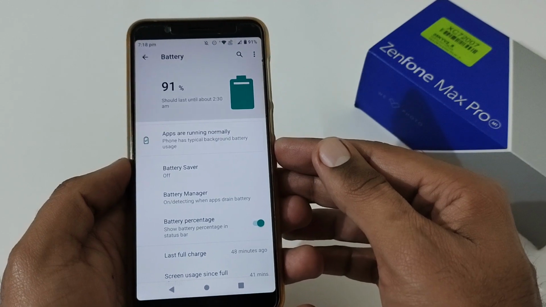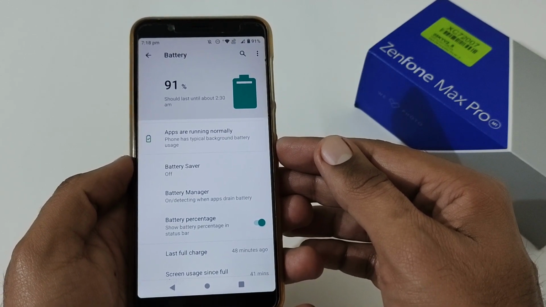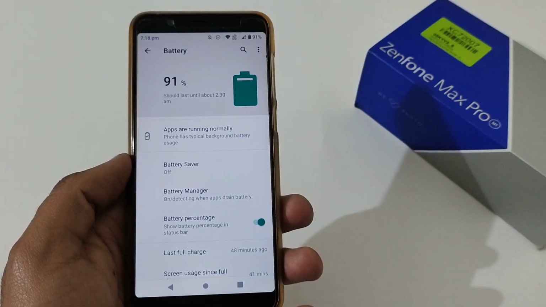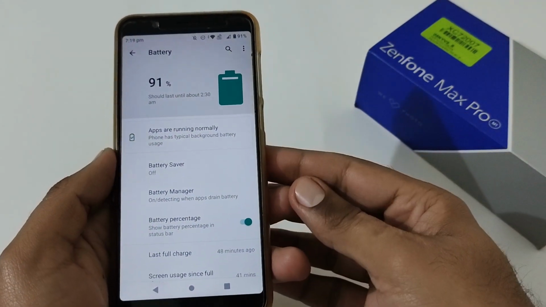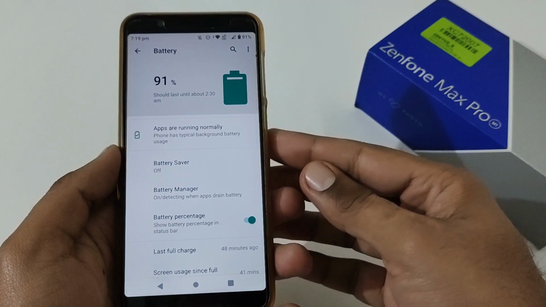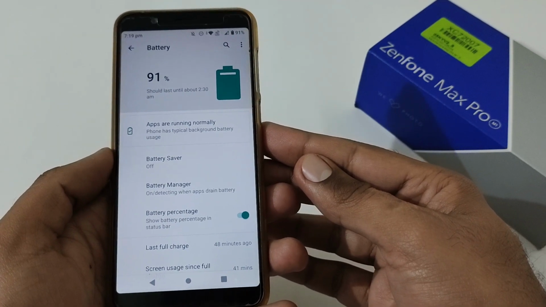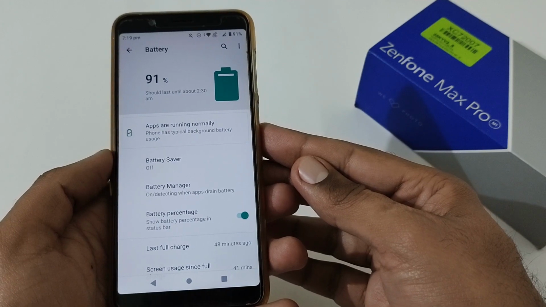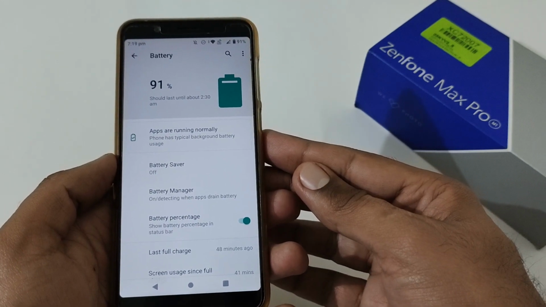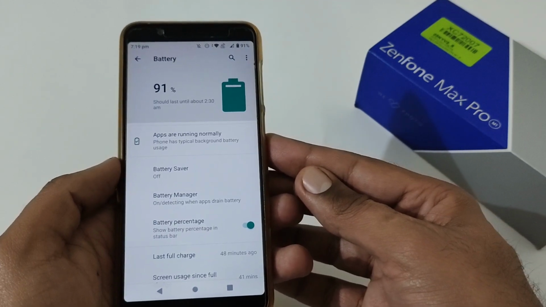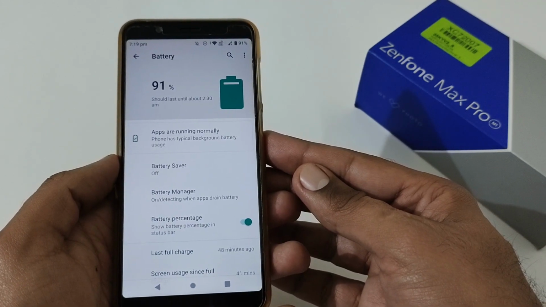But now if we discuss idle battery drainage in both versions, you will see that there is a problem in Android 10 Beta 5. Going by idle battery drainage, on Android 10 Beta 4, whatever I have analyzed at my side, I'm going to discuss. On Android 10 Beta 4, I have seen 6 to 7% battery draining over a span of 8 to 9 hours. The same was also happening on Android 10 Beta 5.